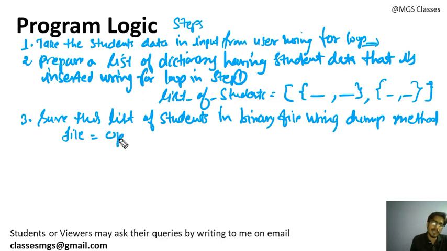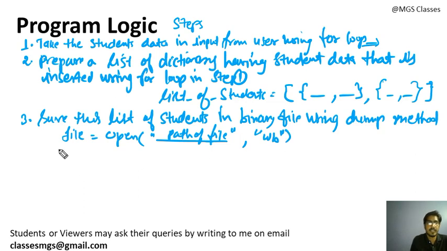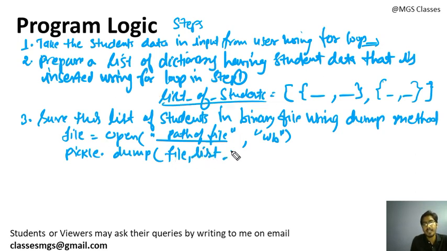Let's suppose open method, you will write the path of file at which you want to create this file. Then you will write the write binary mode, and then you will use the dump method. So pickle module you need to import first, pickle dot dump you will use, and you will use this file pointer, and then you will insert this list of students. In that case list of students will be inserted into the